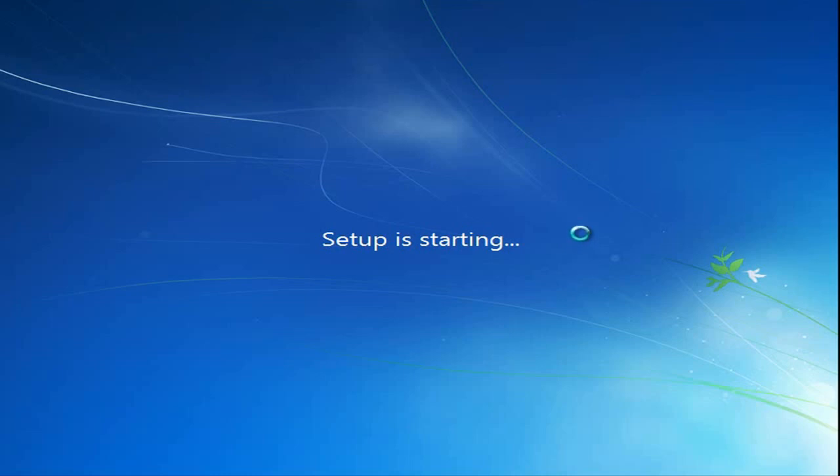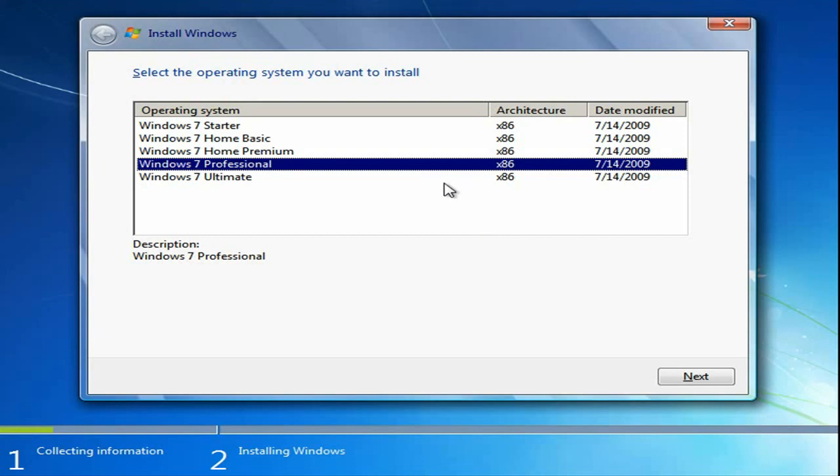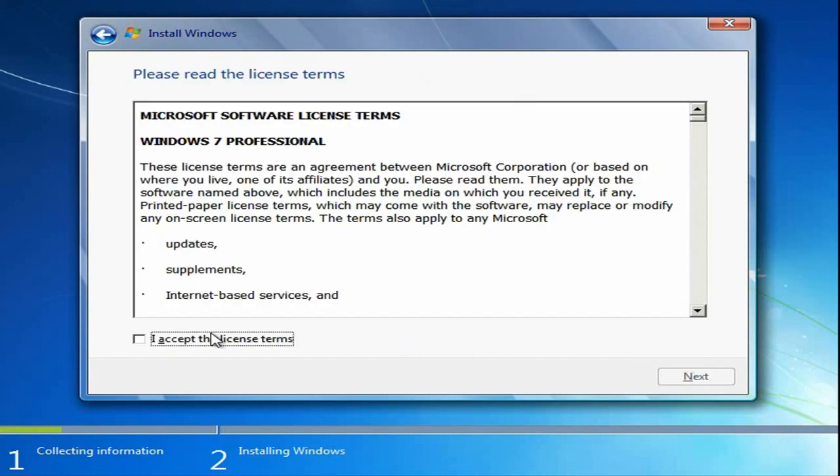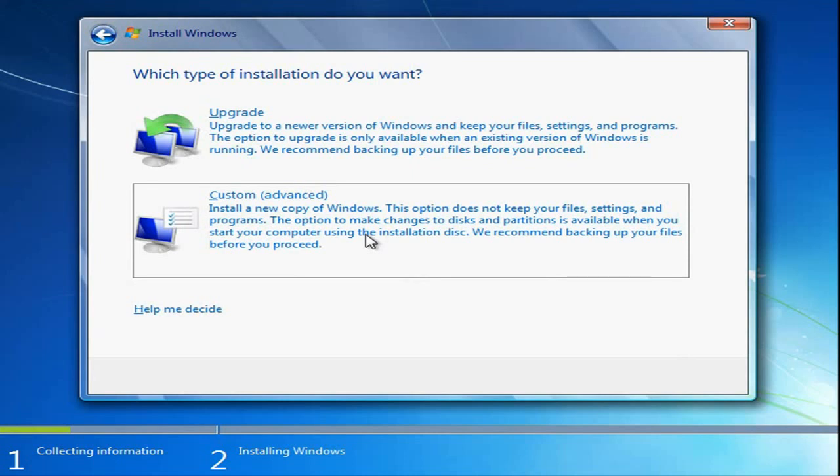Wait until it's set up, and you want to select your Windows edition, but I'll just select any one because this is multi-edition. Your installation disk will not have this, so you just select the same edition you used to run. Accept the license terms. You do not need to read it if you don't have to. But you want to click on Custom Installation,